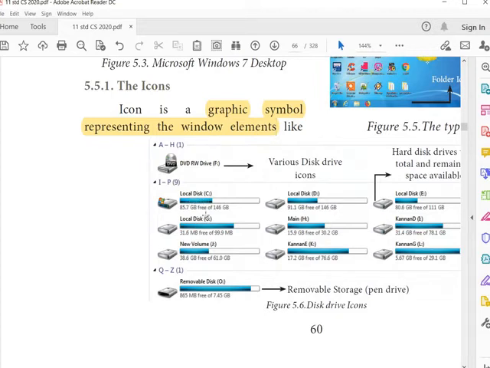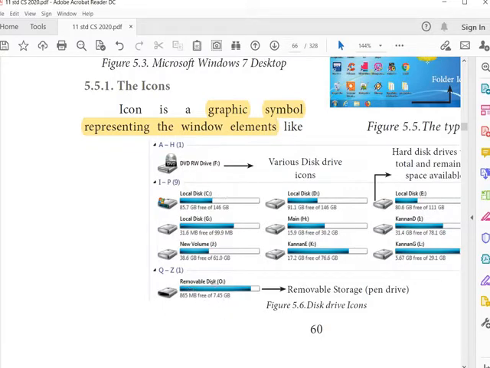Hard disk can be of any segment. So it starts from C, and in this example the hard disk partitions are C, D, E and also F, G, and H, and they have renamed some of them, H as main and I as Kannan. The default name is local disk, but we can change the label to whichever name we want. So hard disk is divided from the label of C.